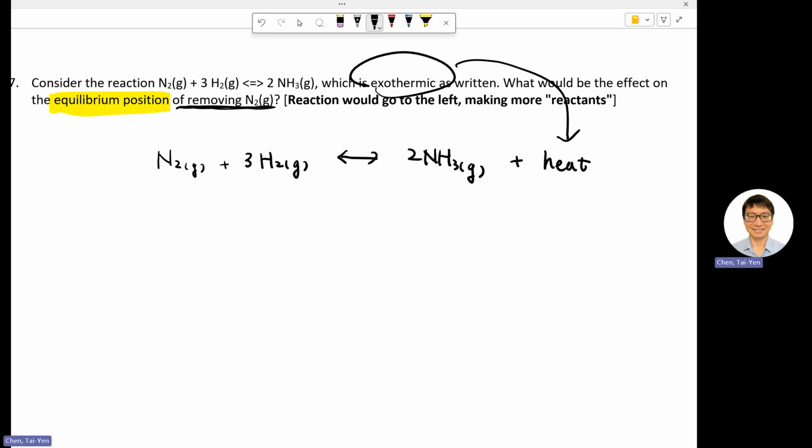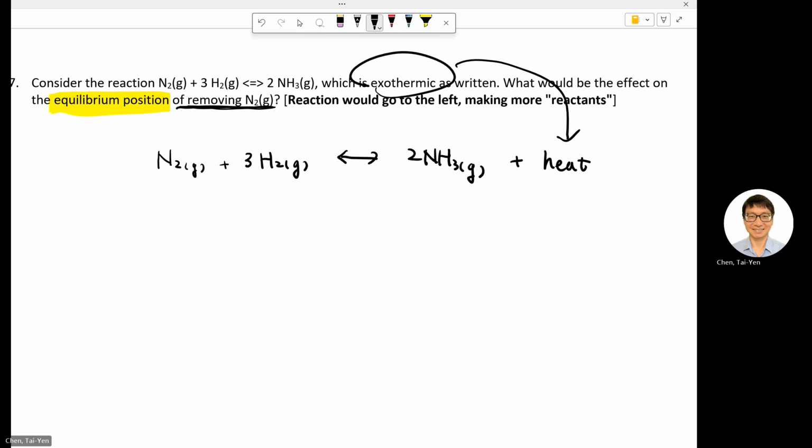Concentration will increase or decrease? Decrease, right? Because you're removing the N2 from your system. Therefore, the concentration will decrease. Some people will say, why not pressure? It could be pressure too, because your N2 is a gas. The concentration of the gas is proportional to the pressure, so it's equivalent. If you have a gas system, the concentration and pressure are actually